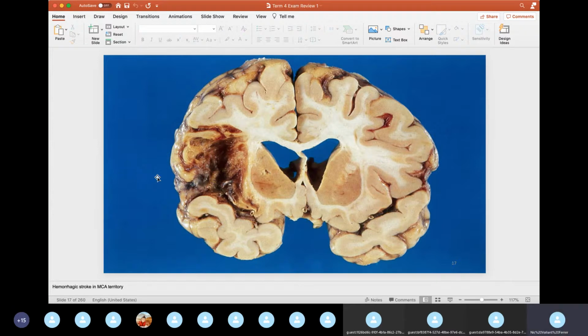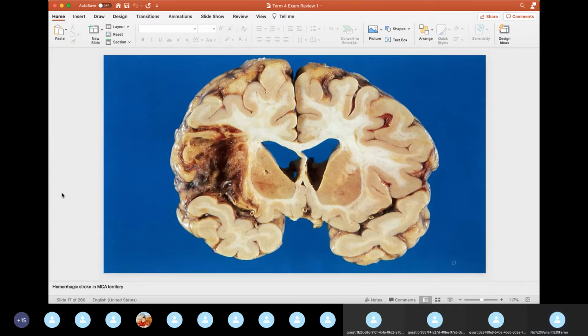So liquefactive necrosis, seen in what? Brain infarction, that's high yield. Also bacterial abscess. It is due to what? Neutrophils. So they release their enzymes. And these enzymes digest the tissue. So what can we see in histology? If they give you a histological slide, you can have cellular debris and macrophages. You can also see cavitation. Look at this one. A big cavity in the brain. You can have cystic spaces. So that's liquefactive